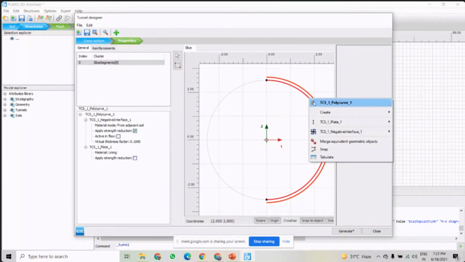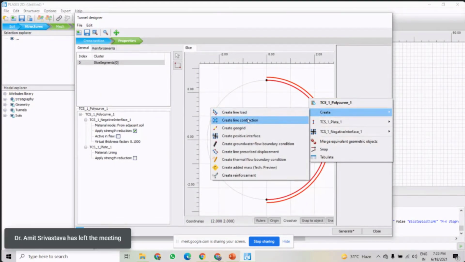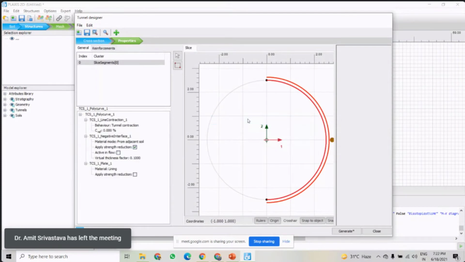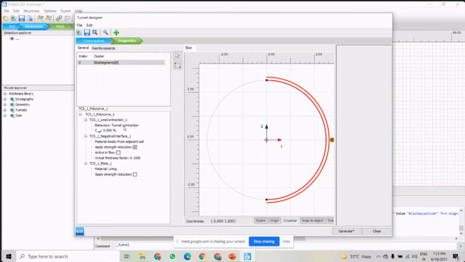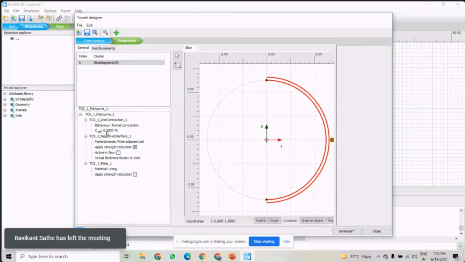So we create it here and then create the line contraction. This is the tunnel contraction, and this value will be 0.5%, right?